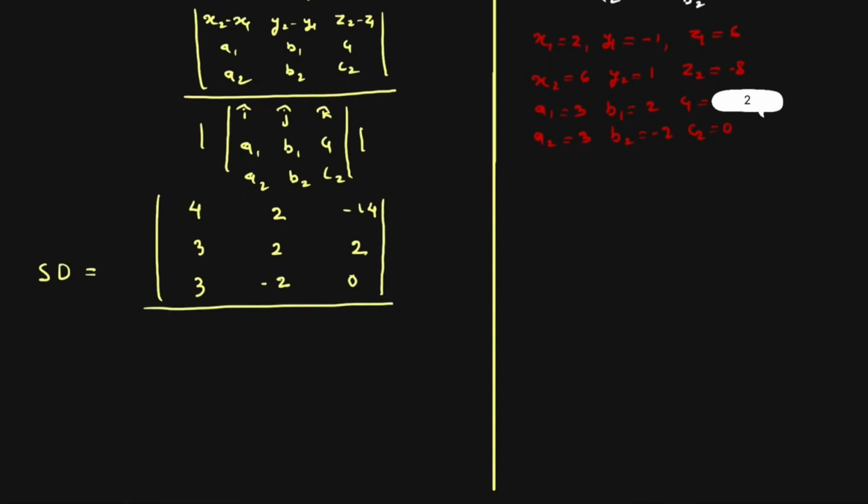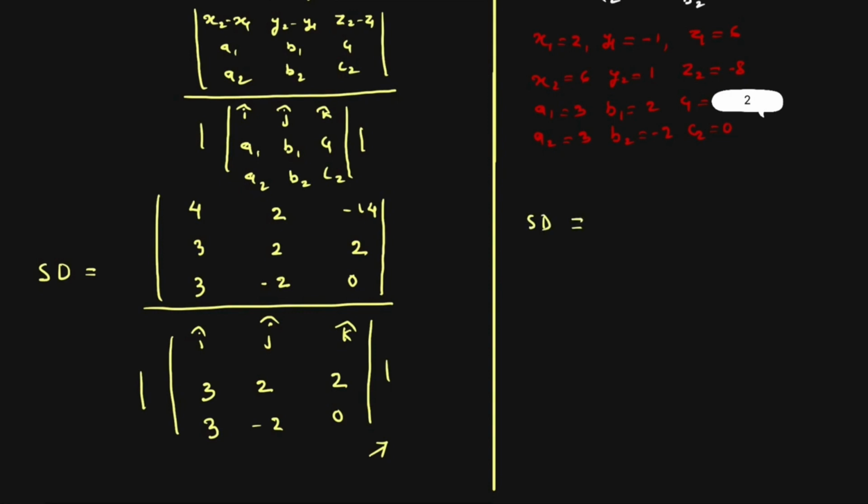Similarly, we put the values in the denominator also, then we will get this. Now solve the determinant with the help of the first row, then we will get shortest distance equal to 4 into 4 minus 2 into minus 6 plus minus 14 into minus 12 divided by the magnitude of